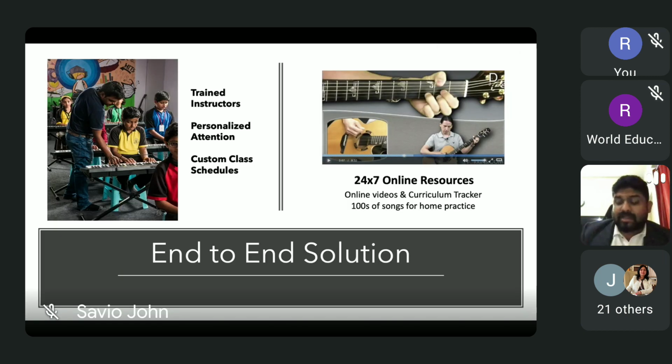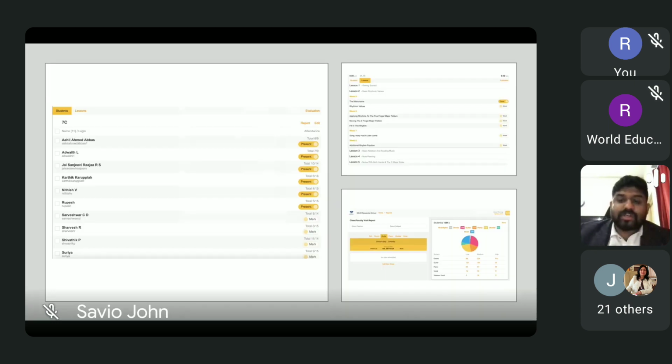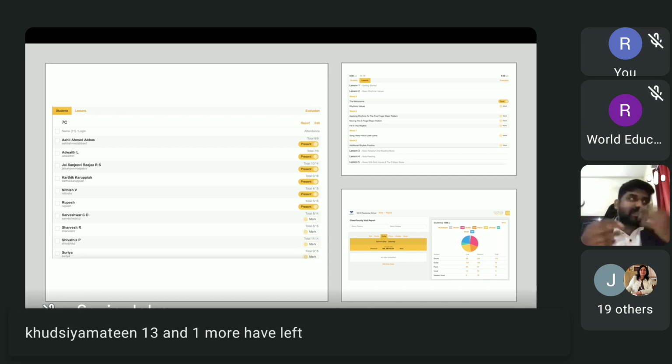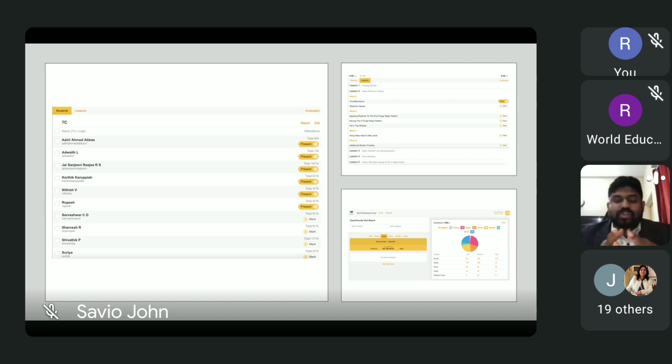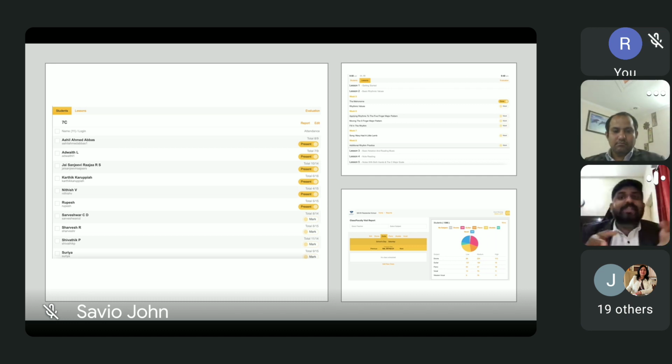And talking about our resources, we have trained instructors who are proficient enough in providing personalized attention. The class schedules can be worked around and integrated according to the school's requirement. And talking about the online resources which we have, we allow children an access to the online side of Torrens, and then the children can go home and access multiple videos, and all these videos can help the child improve. And it's like a homework which the children also can do at home, and the parents are given the access to this, and they know as to how many sessions have been conducted, what is being taught in the school.